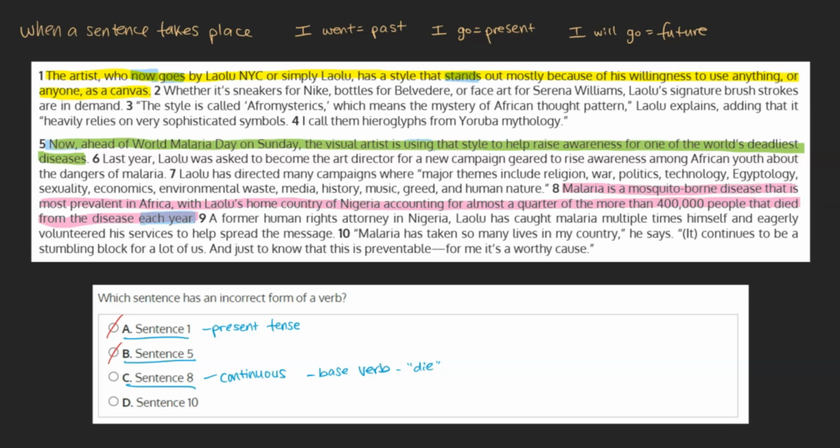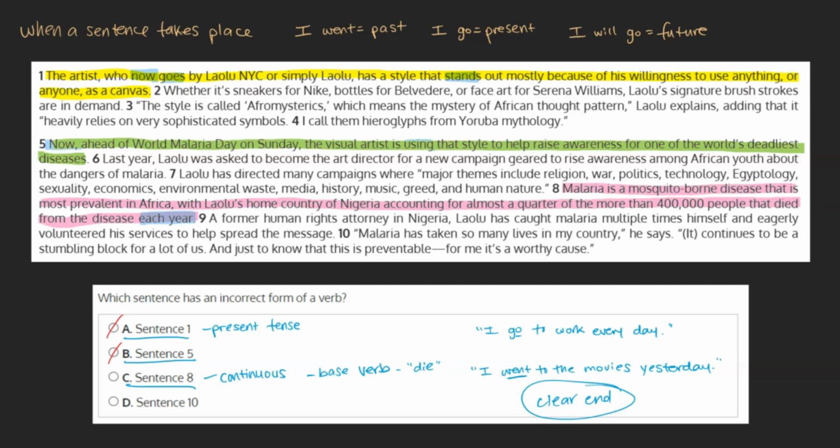For another example, we say, "I go to work every day" when the action is continuous, but "I went to the movies yesterday" when the action has a clear end. In this case, if it were only referring to the statistic from one specific year, we would say "400,000 people died in 2017." But because the sentence tells us that this is ongoing, the correct verb form would be "400,000 people die each year."